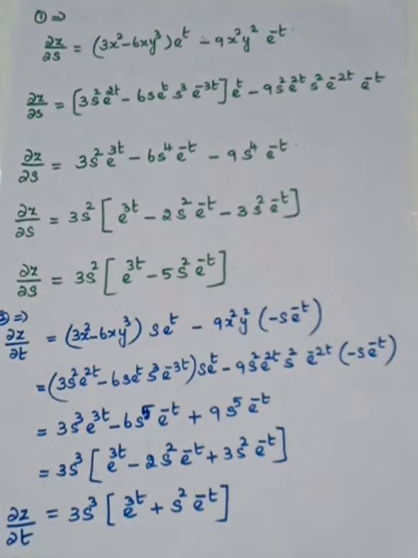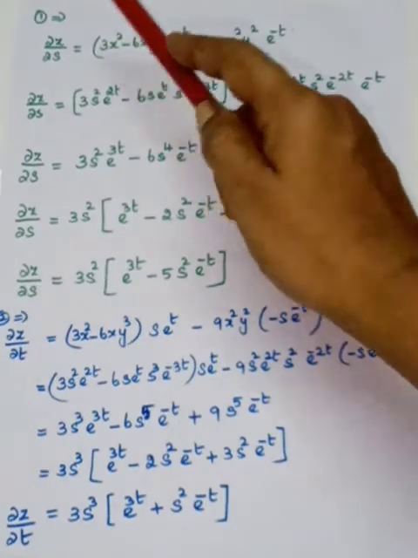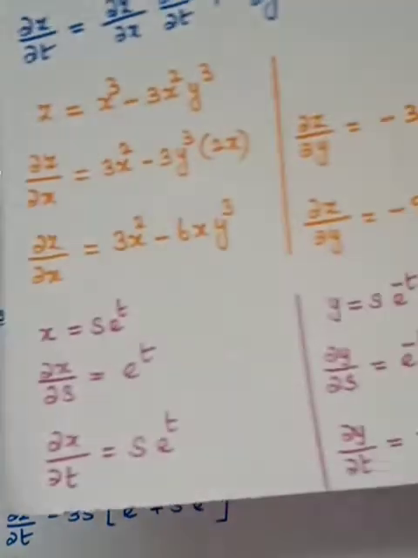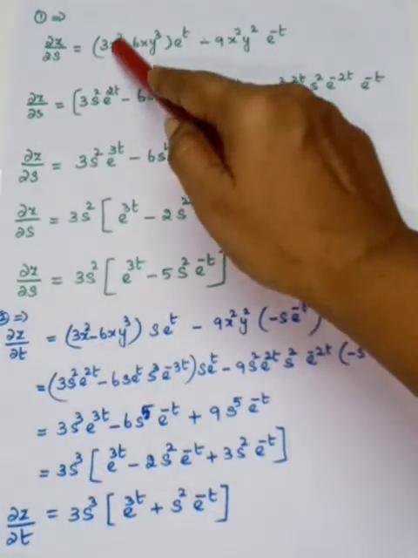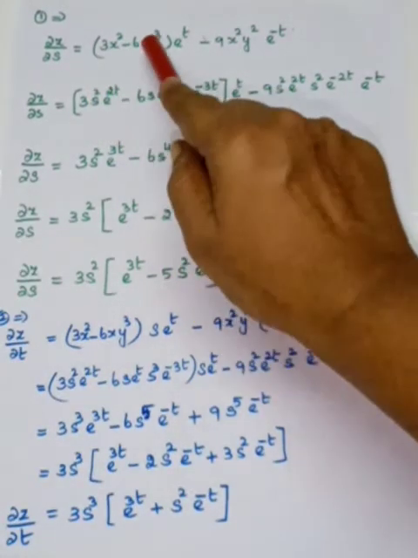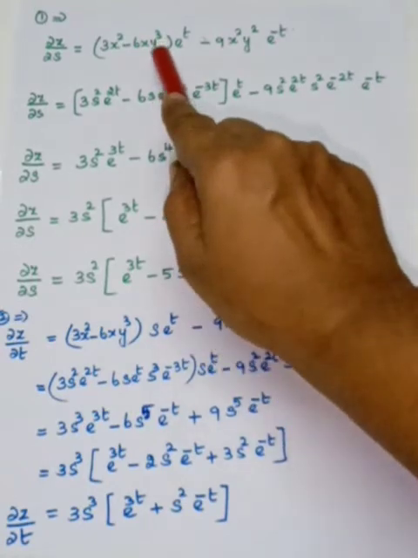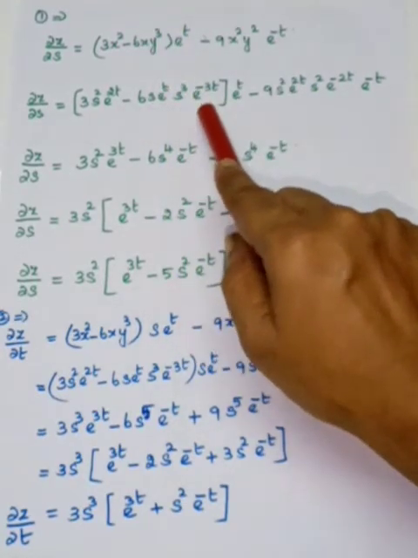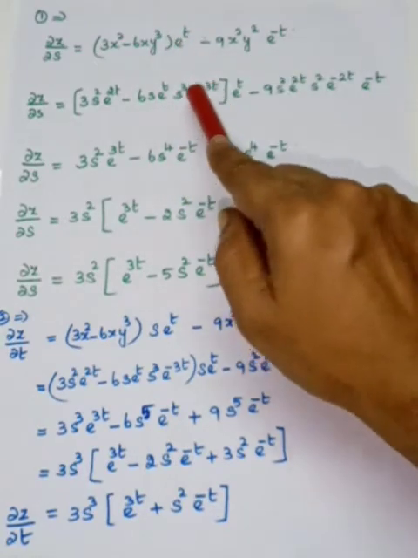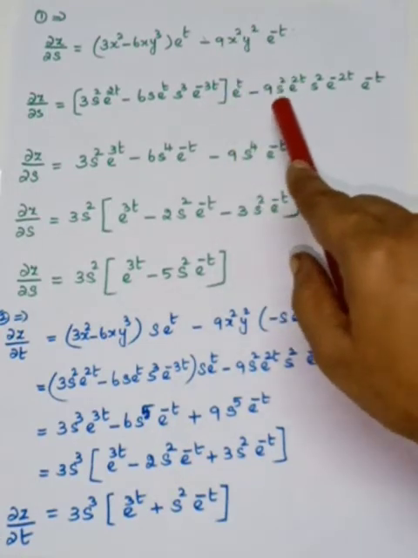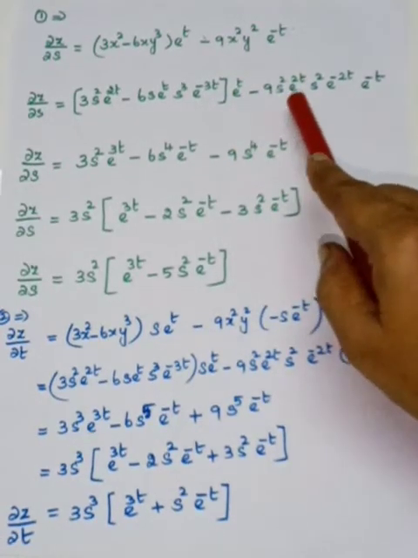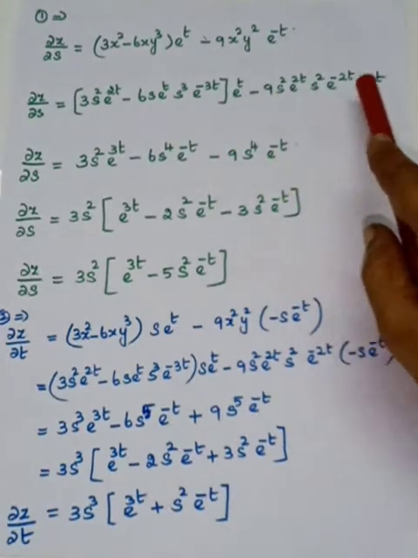So here in this term, s, t you can have, but you should not have x and y. So x and y has to be substituted. What is x? X is nothing but s e power t. What is y? S e power minus t. So x squared means s squared e power 2t. Here x is written and y cube, so s cube e power minus 3t, into e power t. Minus, in the place of x, this is s e power t the whole square, that is s squared e power 2t. In the place of y it is substituted.